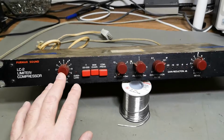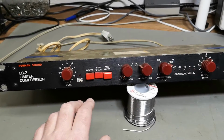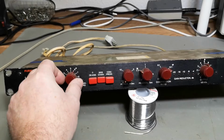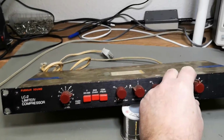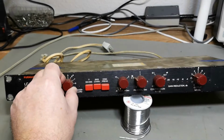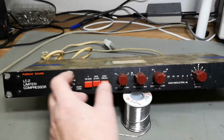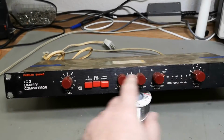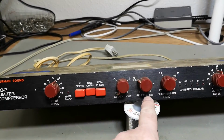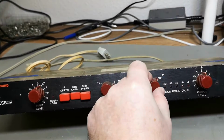As far as I know, this should be a mono, a single channel unit, and what this will do is monitor the input level, and you can set here the input level to the unit. If you crank up this input level and down with the output level, you remain at the same kind of level, so it's not amplifying, but the point where it attacks and where it is doing compression will be adjustable by combining the two input and output pots. So that will be the attack time in milliseconds and release time, and then how much compression ratio do you want? How aggressive do you want this to